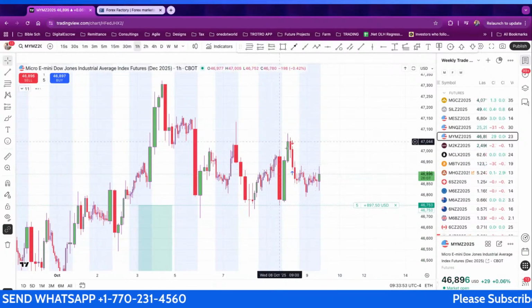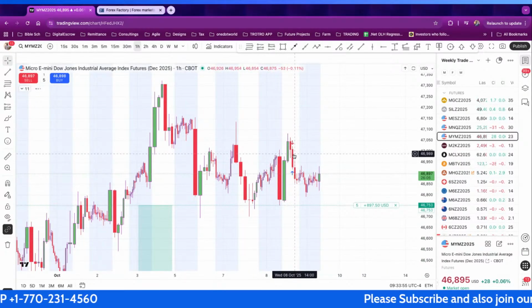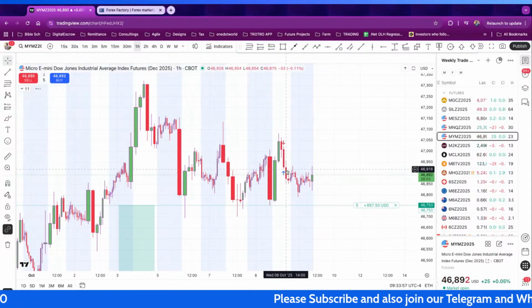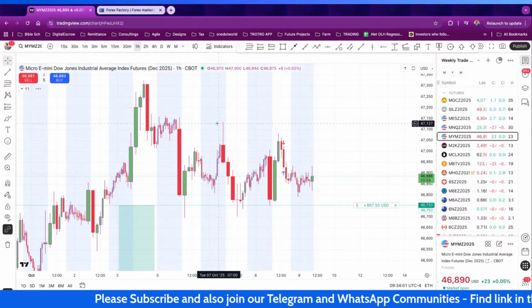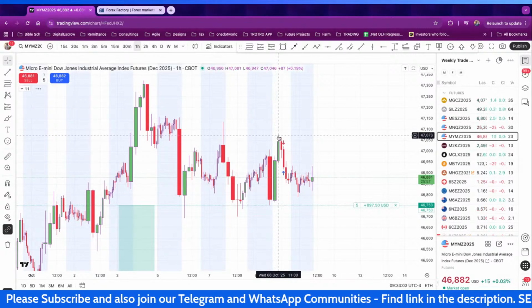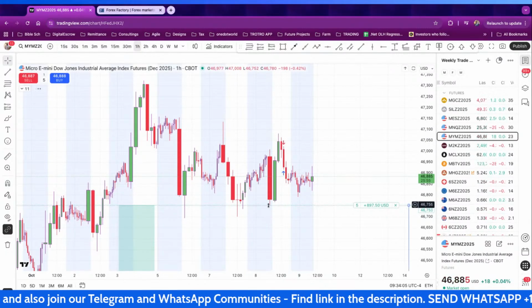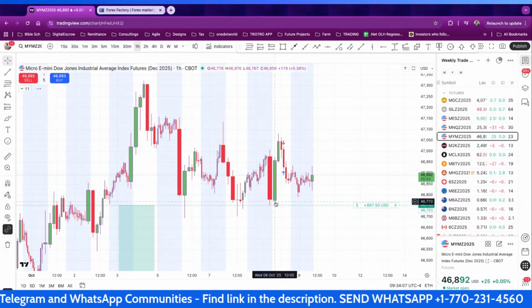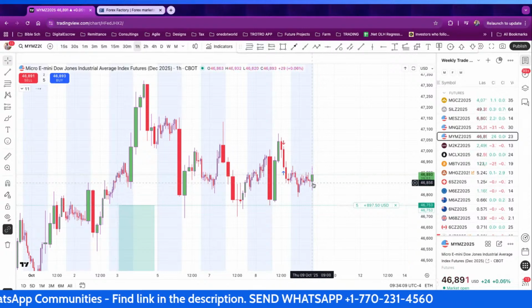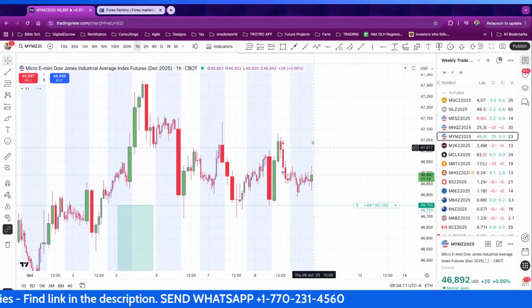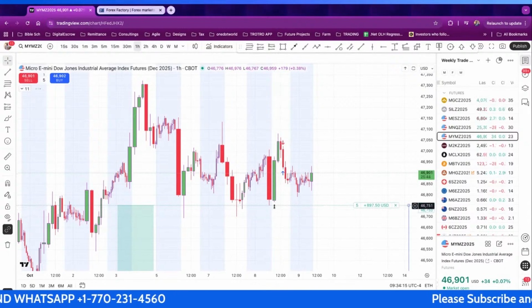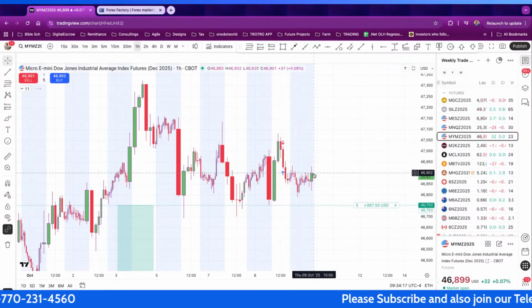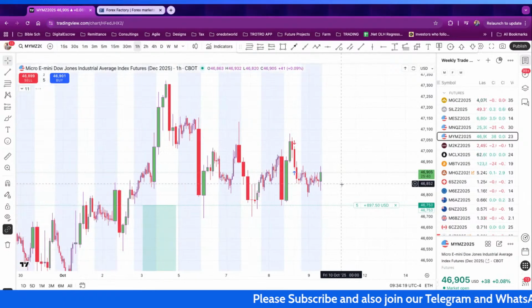When the market opens like this, this is the highest from yesterday. Hold on, let me see. Yesterday was the 8th. So this is the highest of yesterday, and here is the lowest, the current swing low. Until I see a break of the swing high and swing low from yesterday's market, I'm not going to do anything.